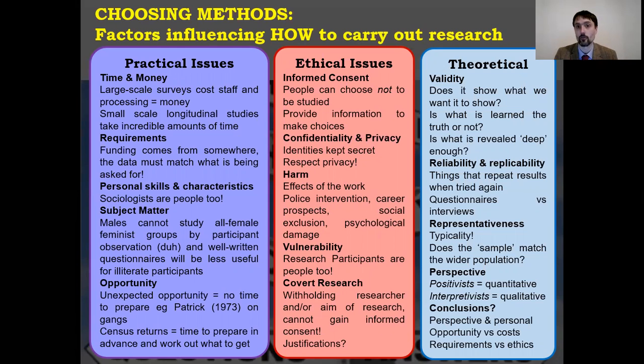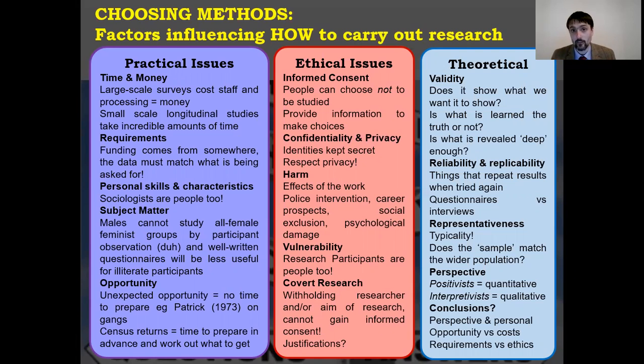What conclusions can we draw from this? Now, I've used a question mark because, let's be fair, what conclusions can you possibly draw from all of this? Well, there have been studies of sociologists, and they've discovered that basically the perspective of the researcher, i.e., are you a positivist or interpretivist, is arguably more important than most other theoretical considerations, because depending on what you like and what you think is going to yield the results, that's what you're going to use in your research. It makes perfect sense to me. So that, along with the personal skills and characteristics of the researcher, will largely influence what research methods they use.